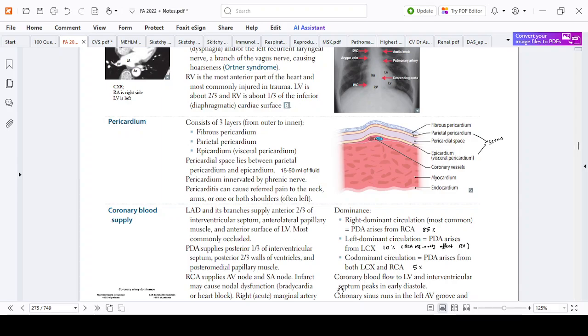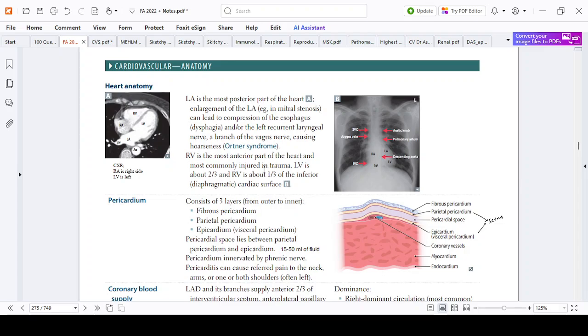Let's start the heart anatomy. First of all, we have this left atrium, which is the most posterior part of the heart. Remember, we are looking from below. This is the left side of the heart, and this is the right side of the heart. So, left atrium is the most posterior part of the heart, and enlargement of the left atrium will compress the